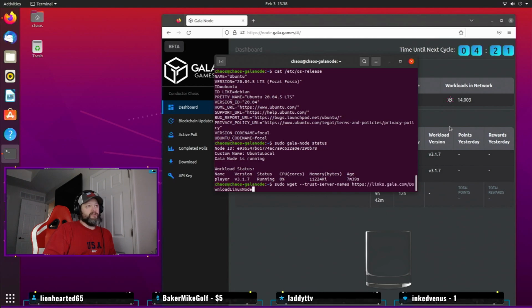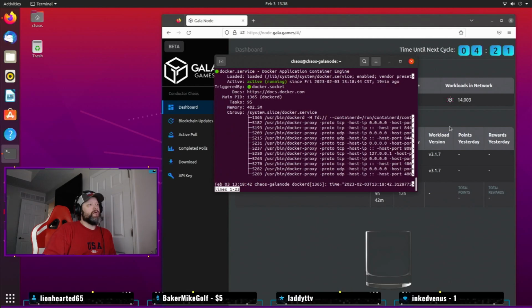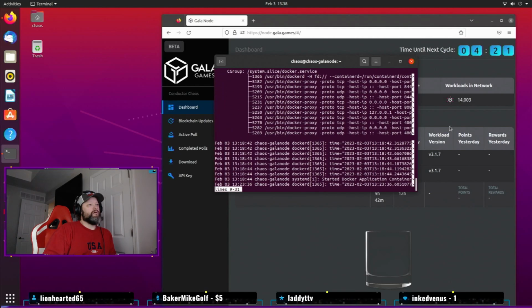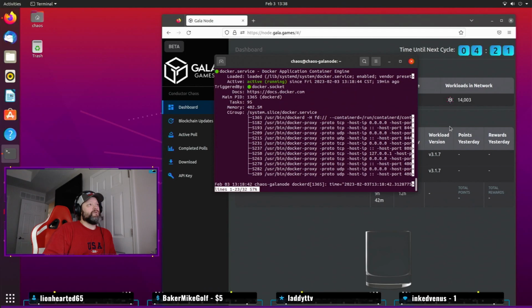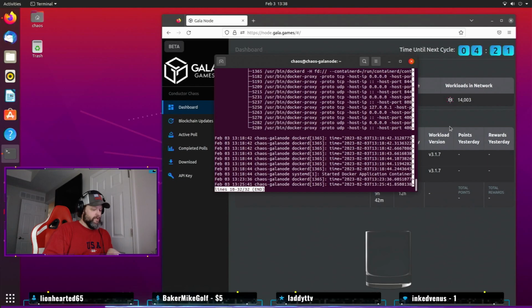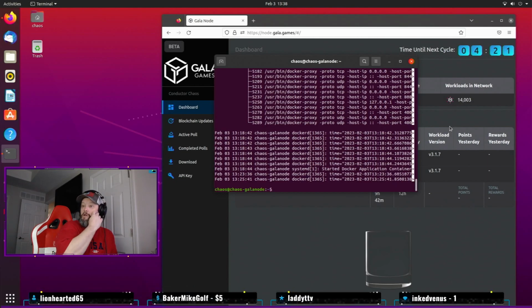To see the Docker status, it will be that one. Just make sure, and then you'll hit Control C and enter. I'll just do it here real quick. This just shows you that it's active and running. And to get out of that, you'll hit Control C. Okay, and then if Docker is not in an active status,